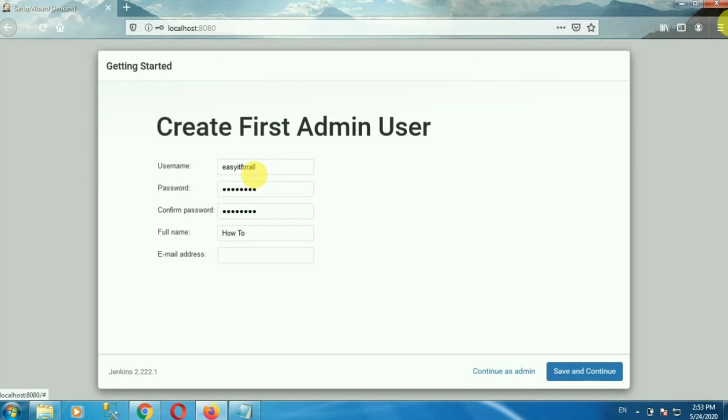Then typing my full name, then my email address. In this way, we are going to create the first admin user. So type your username, password, confirm password, your full name and your email address. Then click on save and continue.